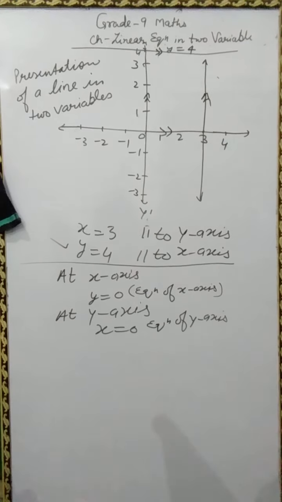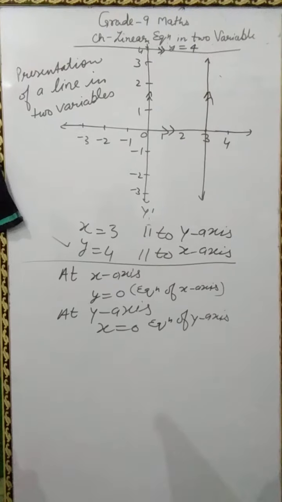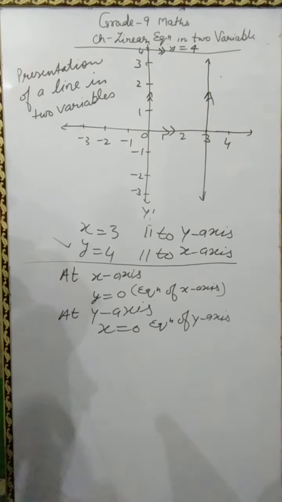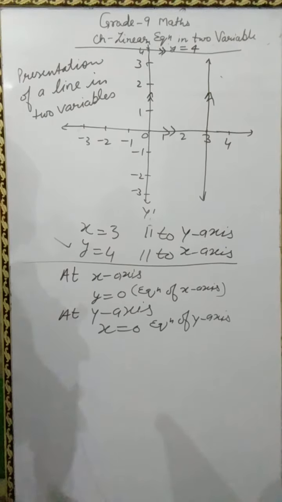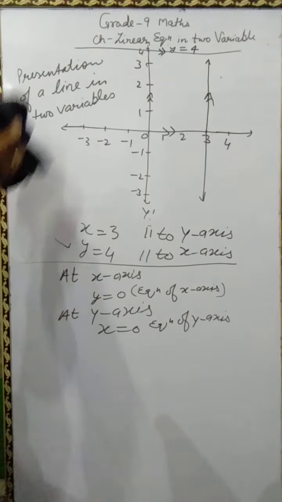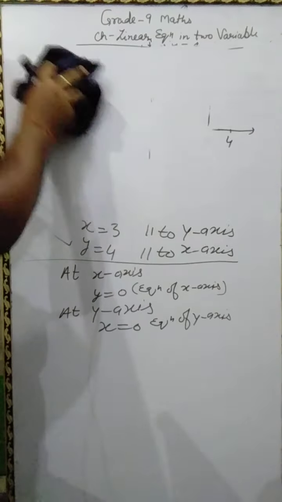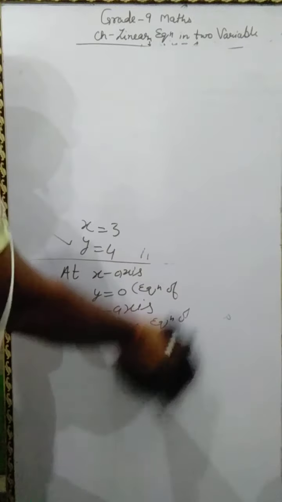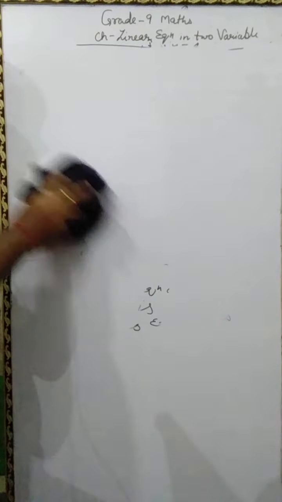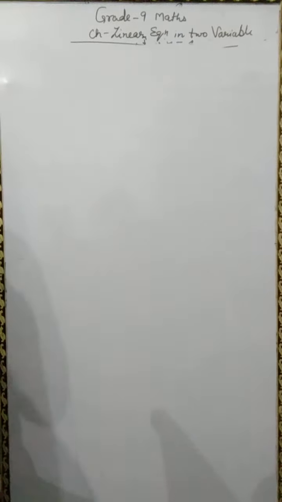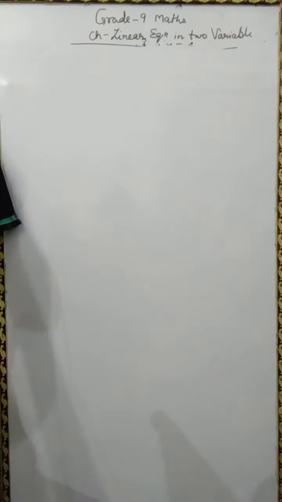One more question I would like to ask you, that is very, very important, and I think you must have a good idea about that. How to represent a line which is in two variables on the graph paper? And one more thing, solution of a point. These two are the complement of each other. If you are going to plot a point, you have to find the solution of the point. Without getting the solution of the point, you can't complete that question.